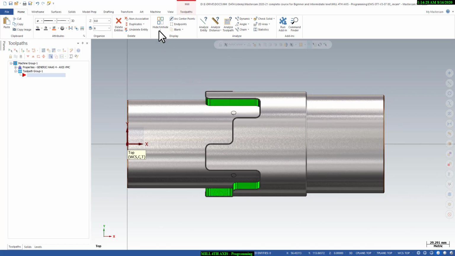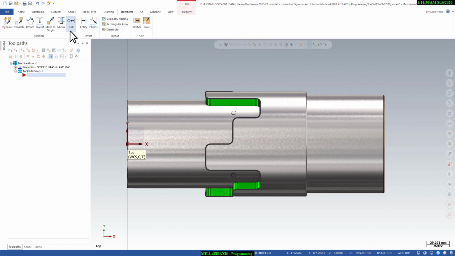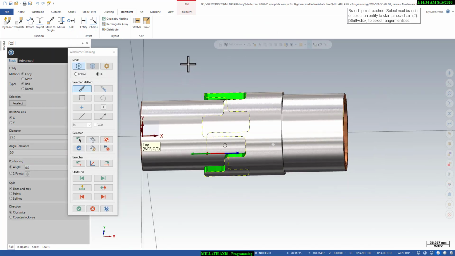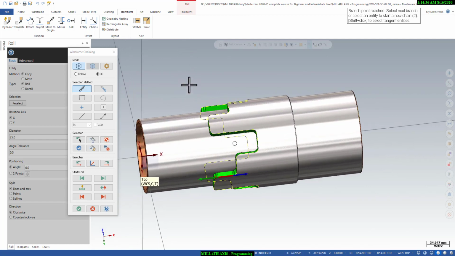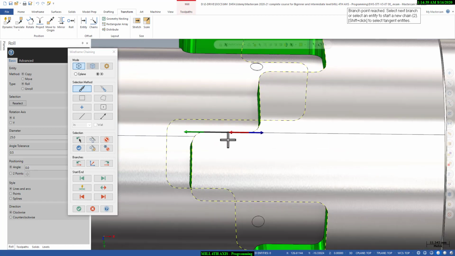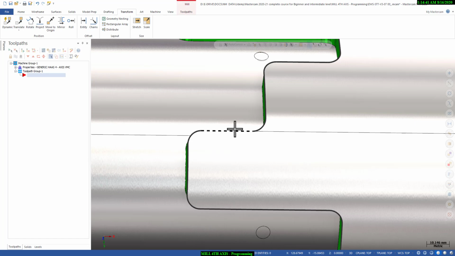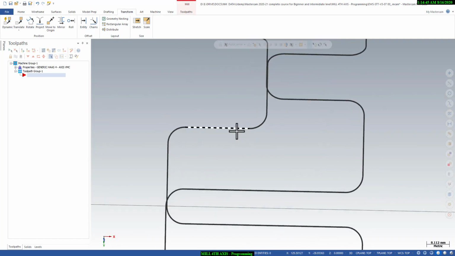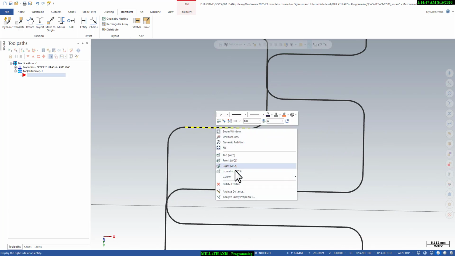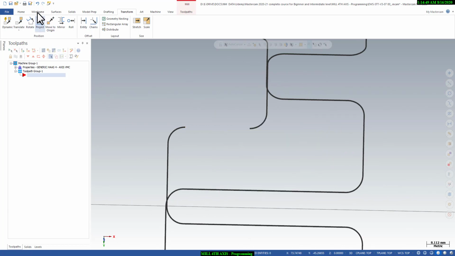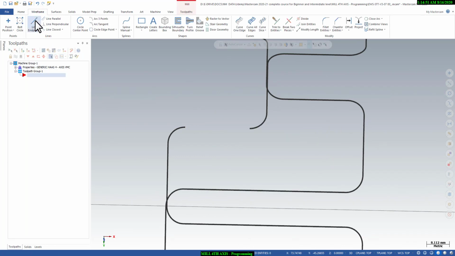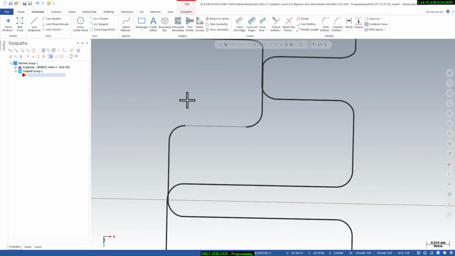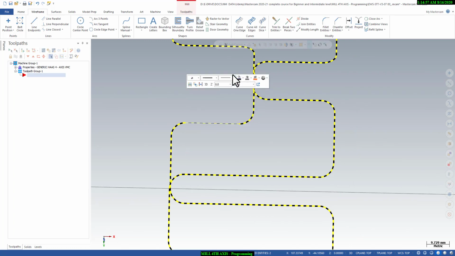Go to the transform tab and say roll. Here I will select this wireframe. I think it is showing some error because of this wireframe, right? We will select that and check what the error is. If it is giving an error, then we will delete that and create a new curve, a new line. Okay, so we will select all the curves and change the width.